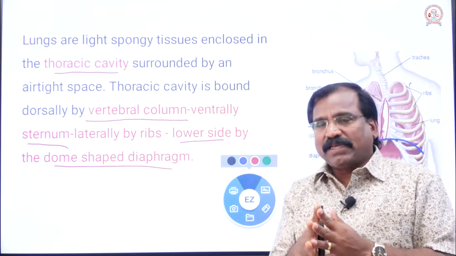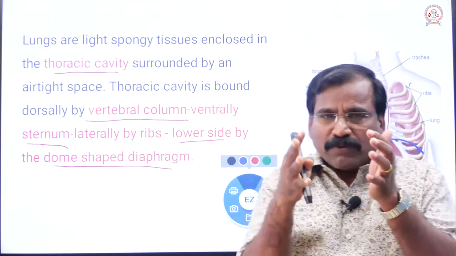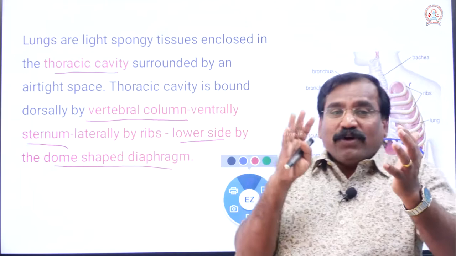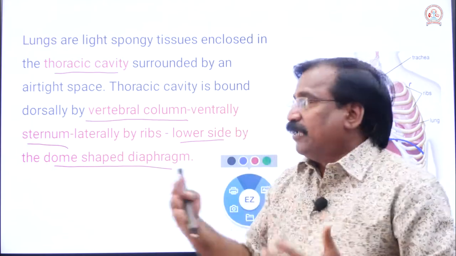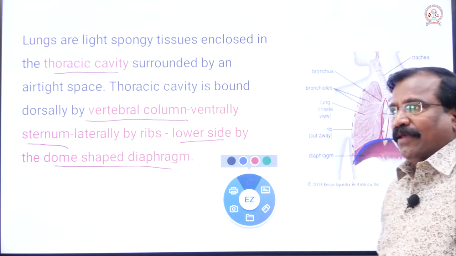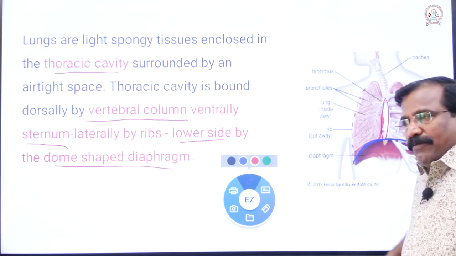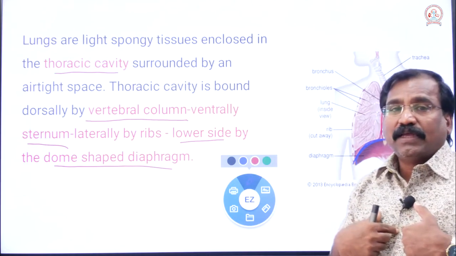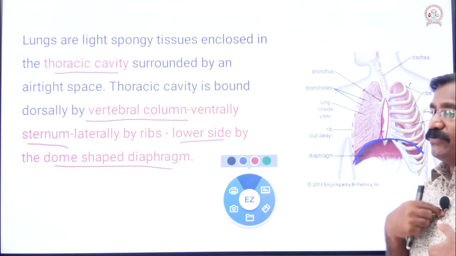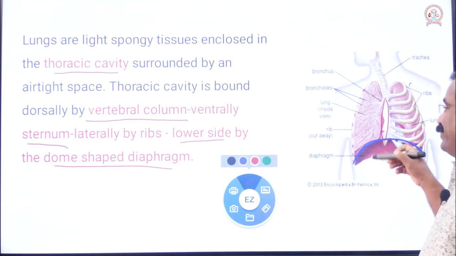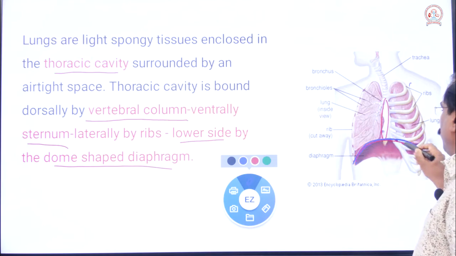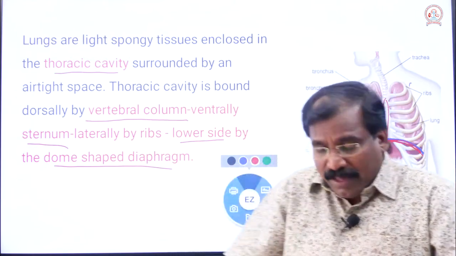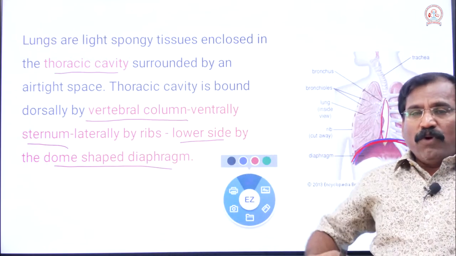So the lungs are present in the thoracic cavity, an airtight compartment, surrounded by the vertebral column at the back, ribs on the sides, that is 12 pairs of ribs, and on the ventral side in front the rib bones are joined in the sternum region, and the lower side by a dome shaped diaphragm. It is a membrane, that dome-shaped membrane that separates the trunk into abdomen